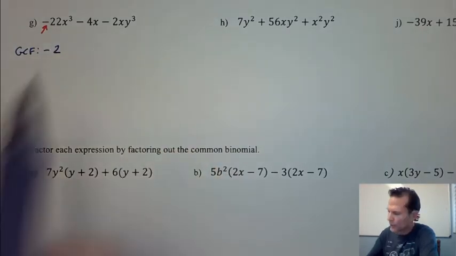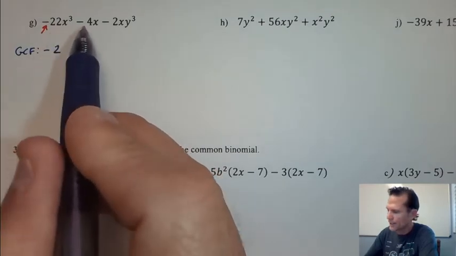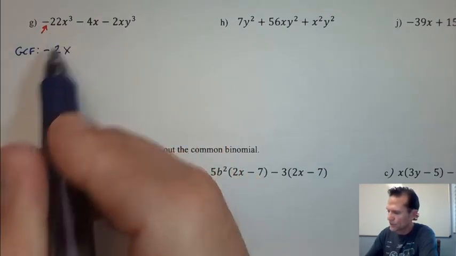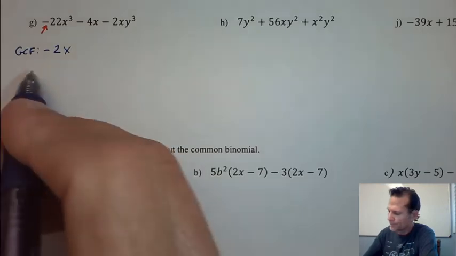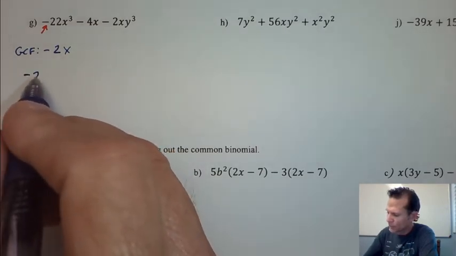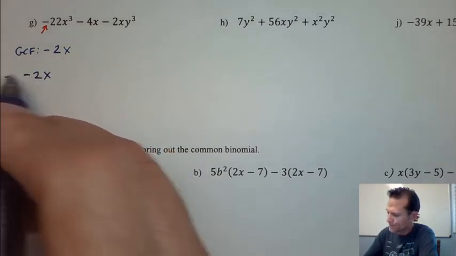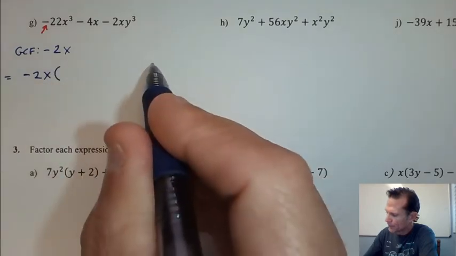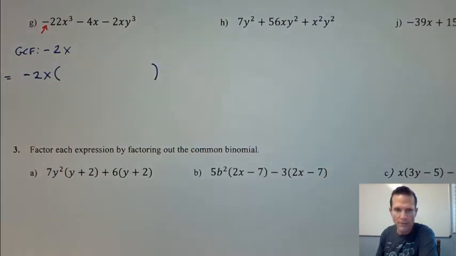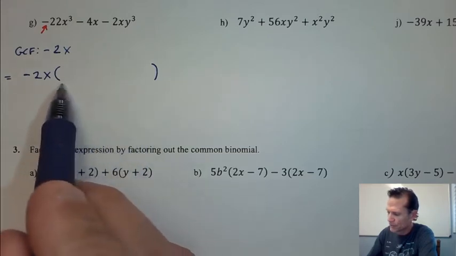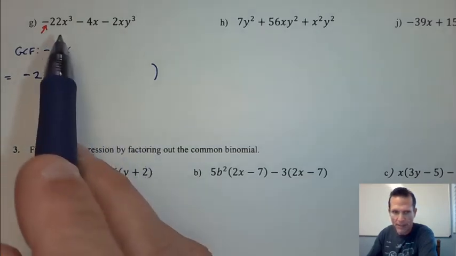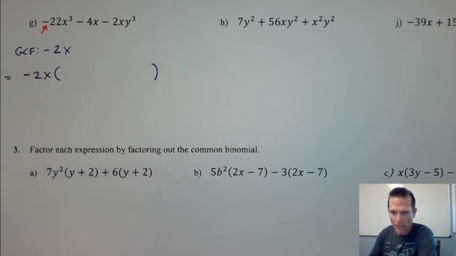And looking at it, I see a common x in all of the terms. So there's my GCF. So I'll write the negative 2x out front. I'll leave this longer parenthesis here because I'm going to have 3 terms. And then I start producing this polynomial here by thinking about division or multiplication, so